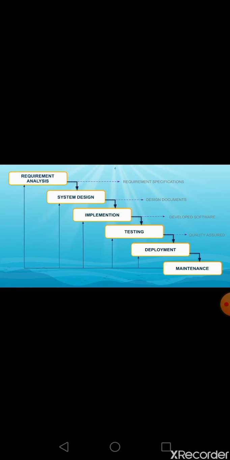Let's see the flow of the waterfall model in detail. The first stage in the waterfall model is requirement analysis. The requirements collected from the customers are analyzed and technical documents are created as a baseline for creating the software. The requirements are classified as functional and non-functional requirements. The requirement analysis phase generates documents like the software requirement specification. These documents are reviewed and signed off, after which the project moves to the next phase, that is system design.